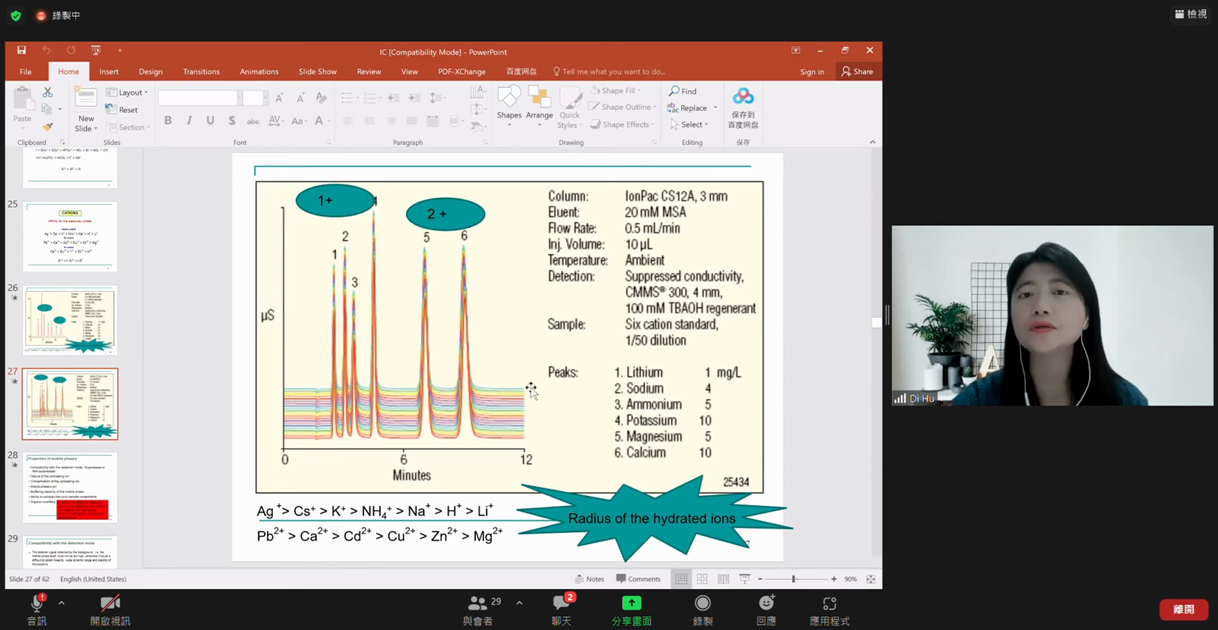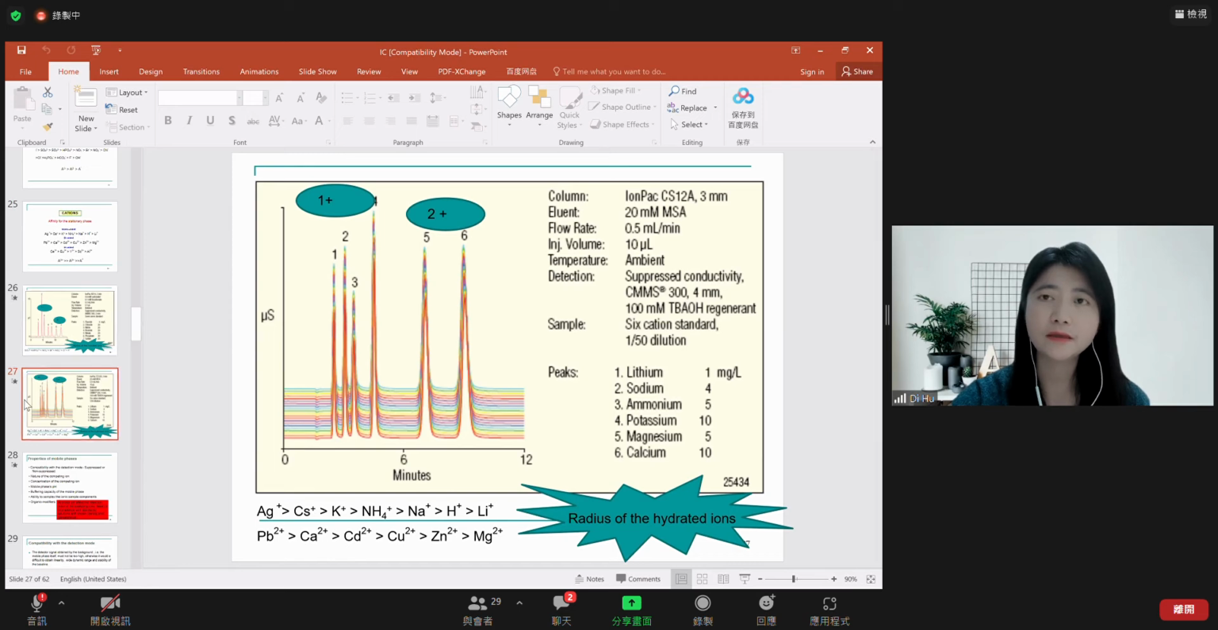So if you want to separate not only the alkali metals but also, say, alkaline earth metals, they have much stronger affinity to the stationary phase. So here you may not want to use a very strong cation exchanger. That's why you can see the option. Often you see, for the